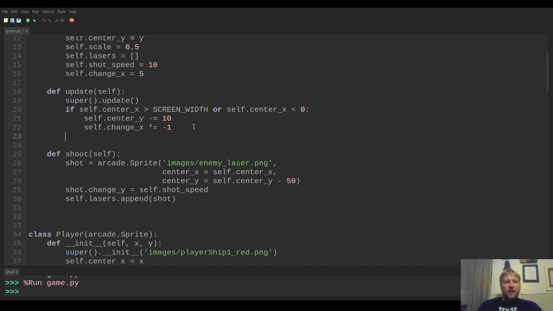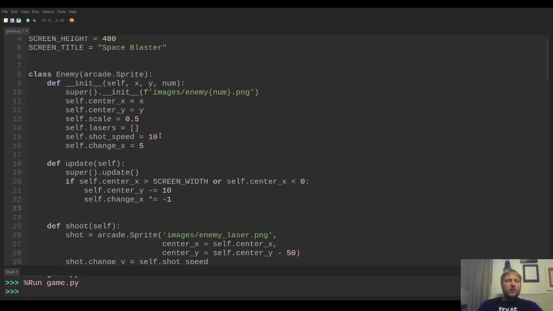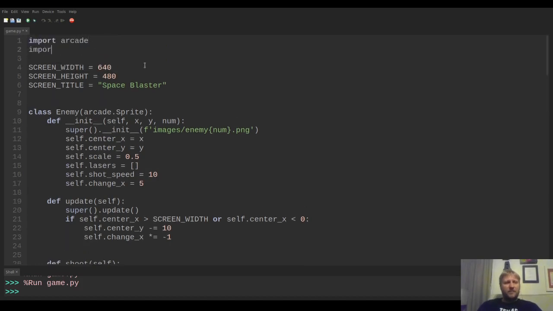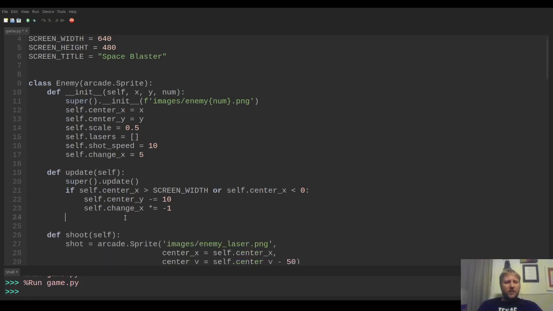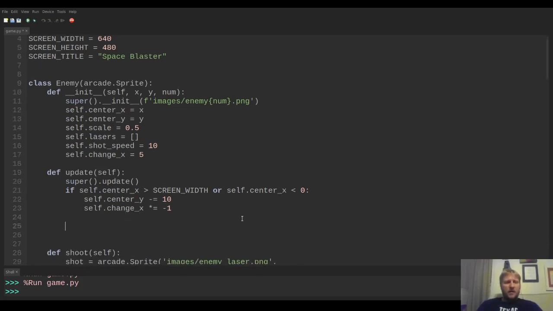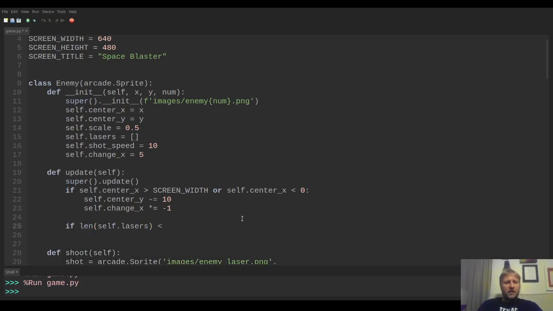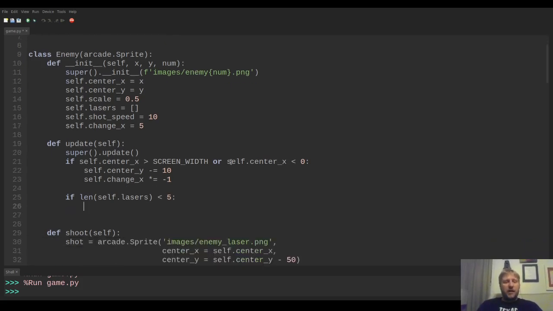So now if we run this, and then you know what, to test it, let's say on update, let's determine, we don't want to shoot all the time, but let's say it shoots sort of randomly, right? I don't want it to be exactly random, but I'm going to go ahead and import random. And what we're going to do is say if the length of self.lasers is less than 5, in other words, if there are fewer than 5 shots already out for this particular enemy, and we may need to change that, but if it's less than 5, then let's go ahead and